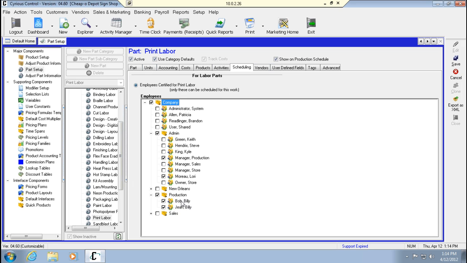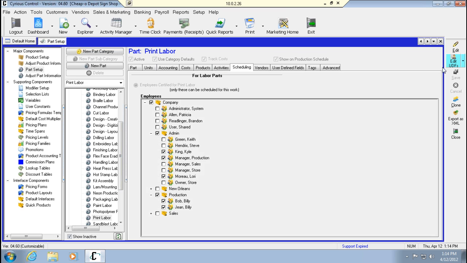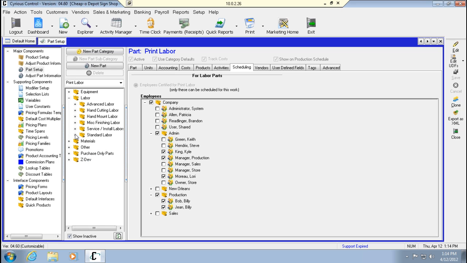So in this case here, for my print labor, I want to be able to have access to it with Billy Bob and Billy Jean, and then Lori, and I'm going to go ahead and add myself to this as well. And I go ahead and save that now. And I can do the same thing for another type of labor. So I'm going to go and close my standard labor, expand hand cutting labor,